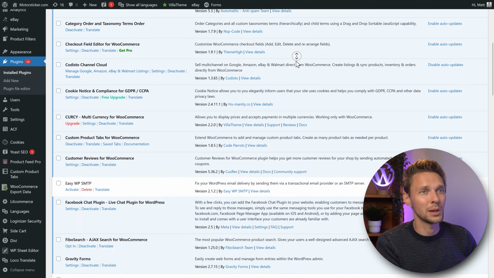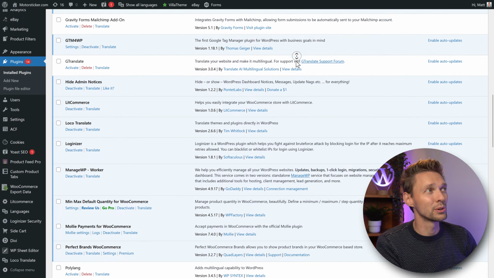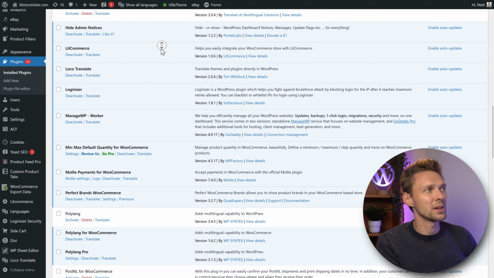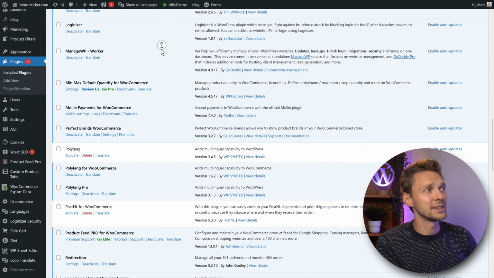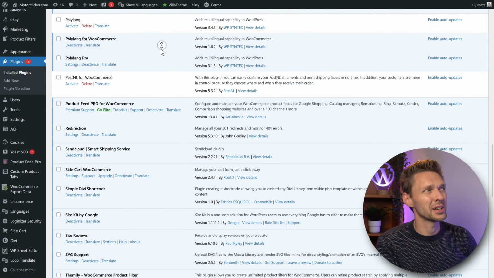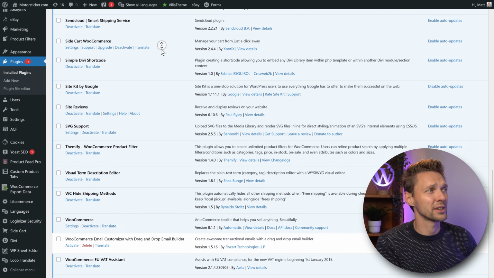I have never seen a website with so many plugins activated and working. Hide admin notices. That's not good because you don't see what's going on in your dashboard. Oh wow, we have so many things going on here. Polylang. I don't like Polylang. WooCommerce. Oh, they have so many things for WooCommerce.